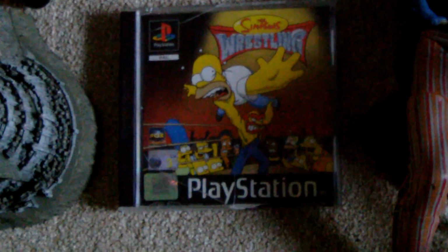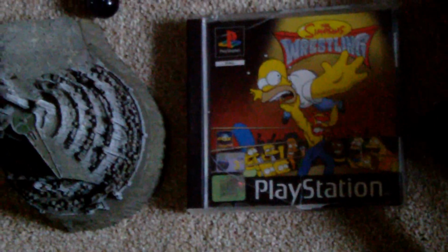These were some other bits from the 10p box. Oh, I'm in the way here. We had a little Mighty Max. I haven't checked whether it's got bits in it. It sounds like there's at least one piece in there, but it's definitely one I've already got. And inside is a micro machine. How odd. Space Jam toy from a McDonald's, Dick Dastardly, another micro machine. Simpsons Wrestling was 50p, and this last lot,